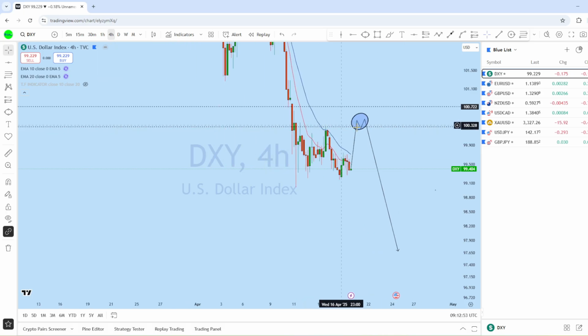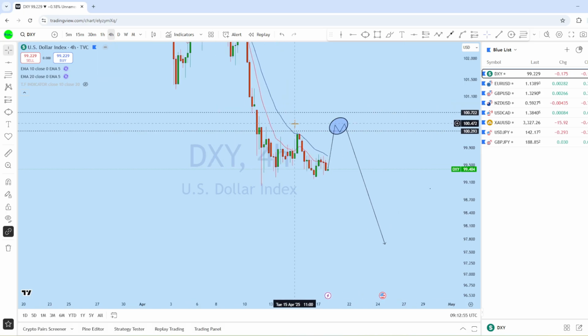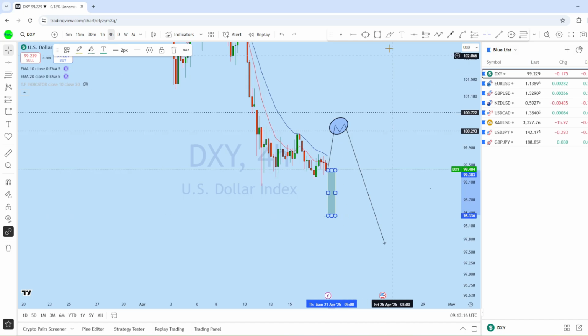This is one scenario. The other scenario is if the market is maintaining that series of lower highs. As there is already one impulse here, the market has grabbed liquidity and dropped, so it's still maintaining that series of lower highs. In that case, if we see the market has either opened with a big gap and started to drop, then if the candle closed below that level, we can look for a potential pullback and retest of this level.